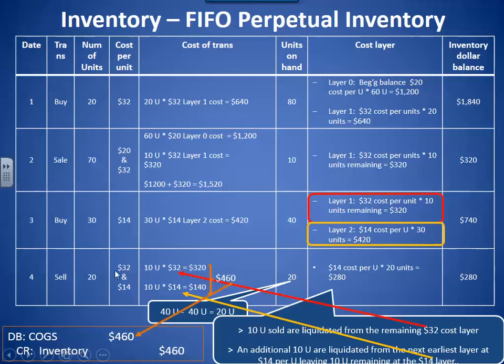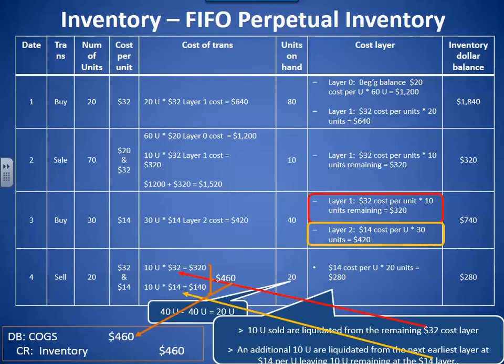In this case, we're selling 20 units. That means in layer 1 we had 10 units remaining. So 10 units were sold and liquidated from the remaining $32 cost layer 1. So cost layer 1 is going to go away, but we have to value those first 10 units at $32 a unit